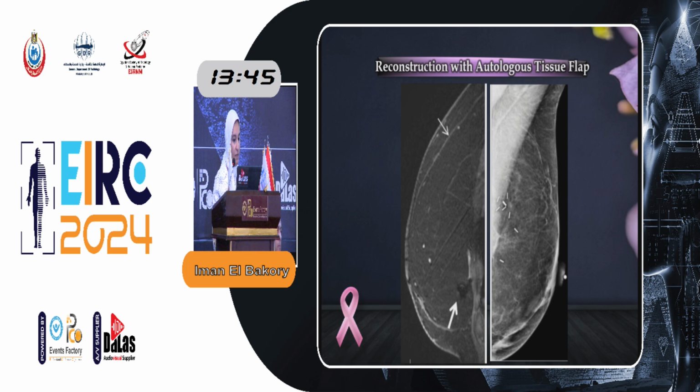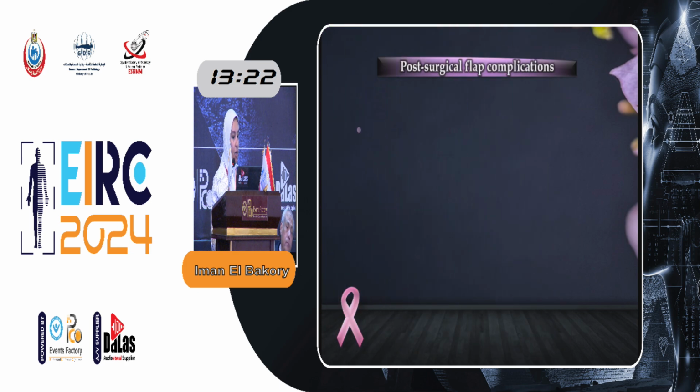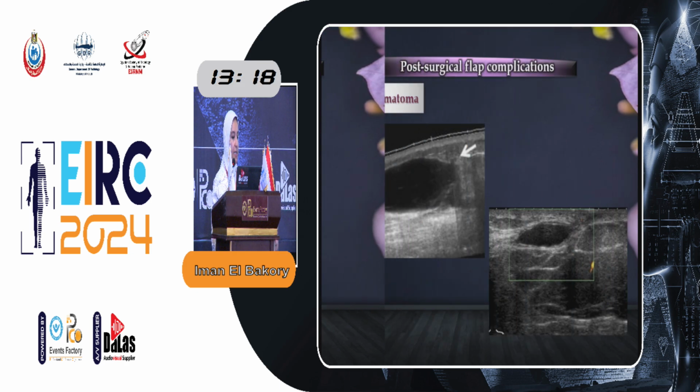This is a sagittal view of the MRI, and this is the MLO of the mammography, and both show a line that passes just parallel to the skin underneath, and it's composed actually of the deepithelialized skin of the flap muscle. And here we can see the muscle posteriorly together with the clips that show a signal void in MRI. So beginning with the benign complications, the most frequent of which is the seromas and hematomas.